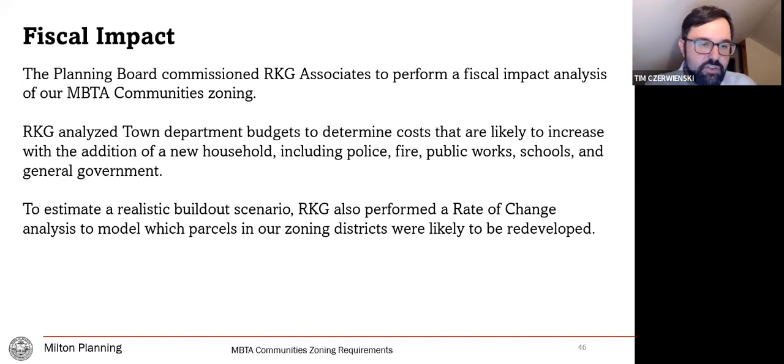What's going to be the impact on traffic? What's going to be the impact on infrastructure? What's going to be the impact on schools? How much is it going to cost to serve this new project and its residents, weighed against how much new property tax and other revenue it is going to generate for the town? So RKG looked at department budgets,